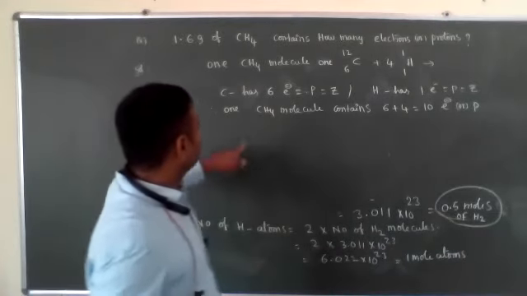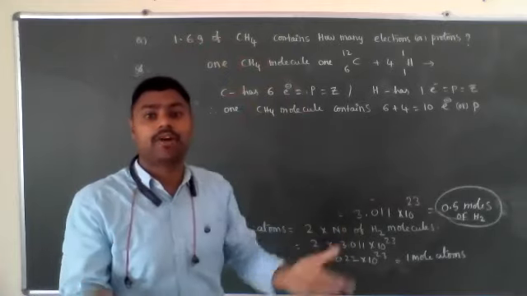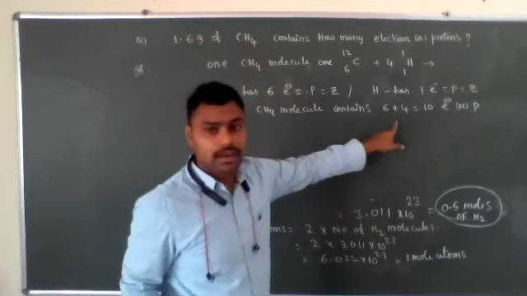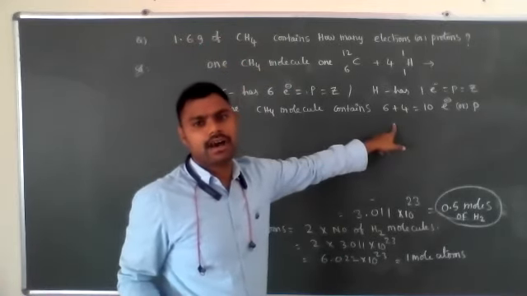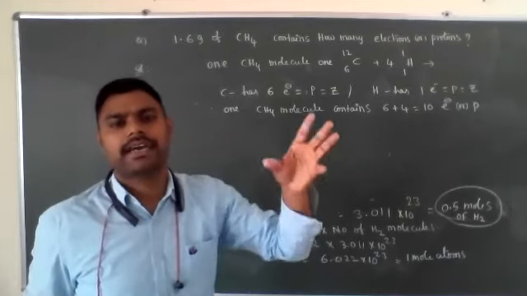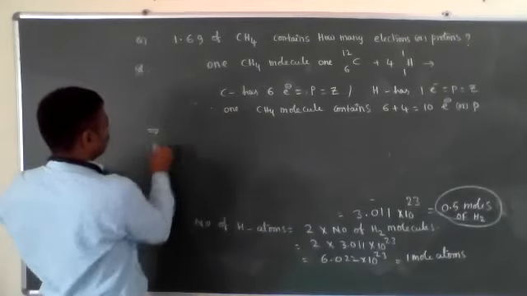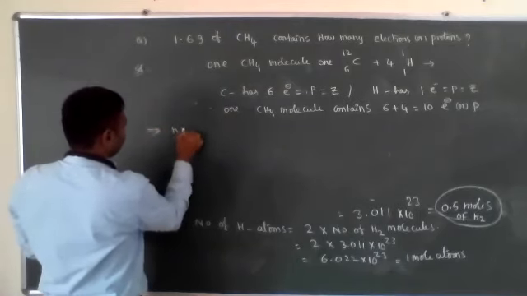Now, 1.6 grams contains how many molecules? Do you know? Then we can calculate how many electrons, because each molecule contains 10 electrons. That's why the total number of molecules. Now, the number of